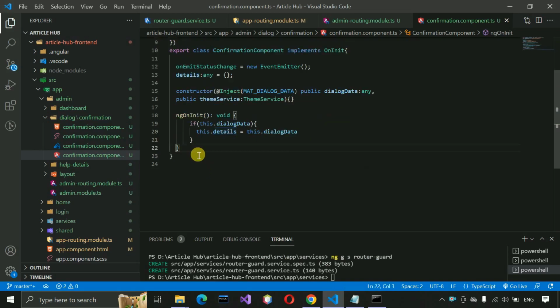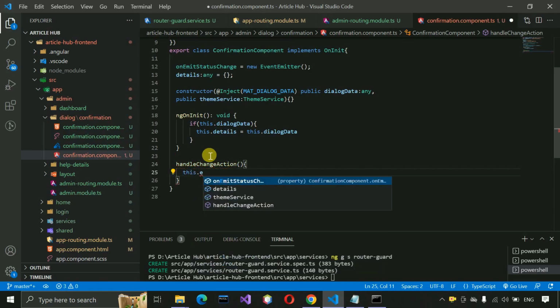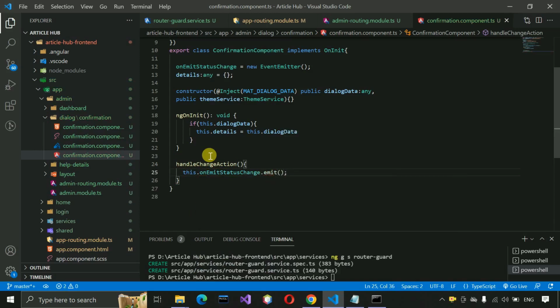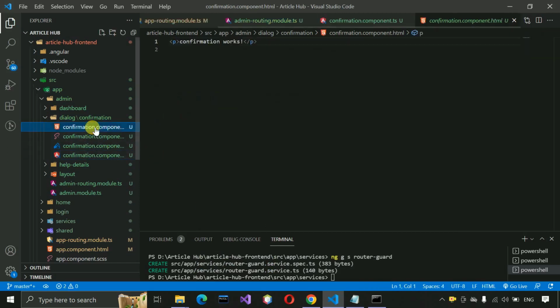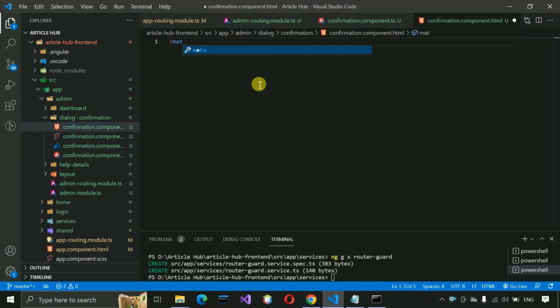And if any changes happen, or someone selected yes, in that case we need to handle it. So handle change action, and in that case we are going to emit that yes, changes happen, and it will notify our component. Okay, so just save this. And after that, here we have to go to the HTML page of this one. So just leave this one, and here we have to write mat-dialog-content,